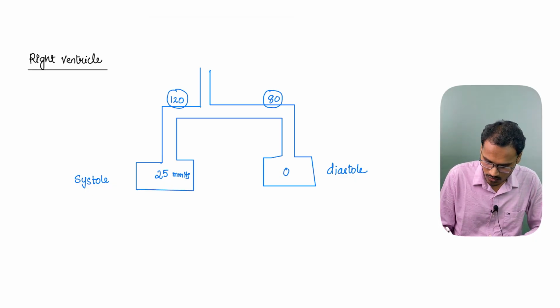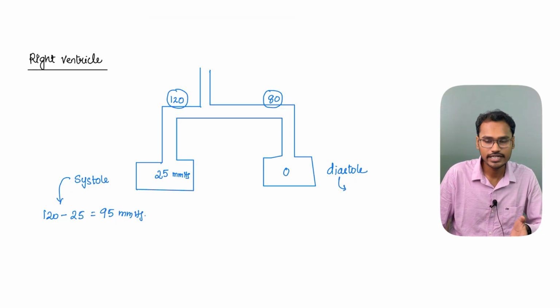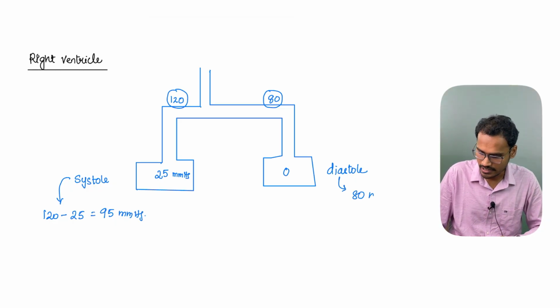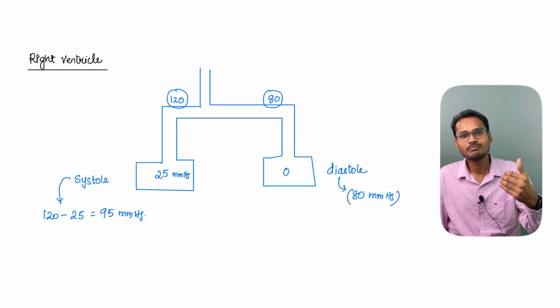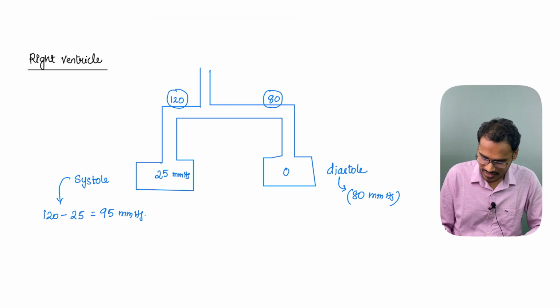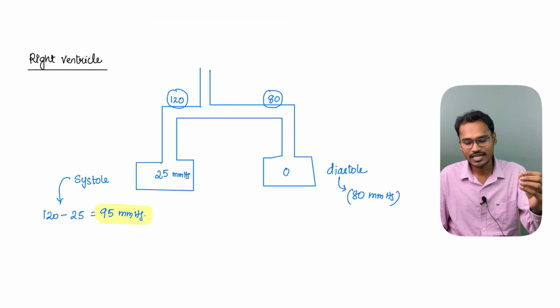Now let's see the pressure differences. So during a systole, what is the pressure difference? It is 120 minus 25, which is equal to 95 mm of Hg. What is the pressure difference during a diastole? 80 minus 0, which is around 80 mm of Hg. Now you are going to think and tell me, during which duration is the pressure difference more? During a systole, the pressure difference is more, so that obviously the right ventricle gets